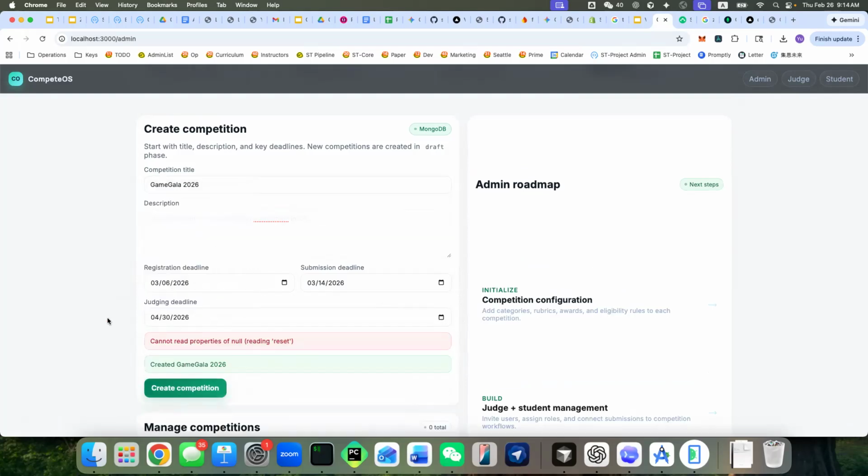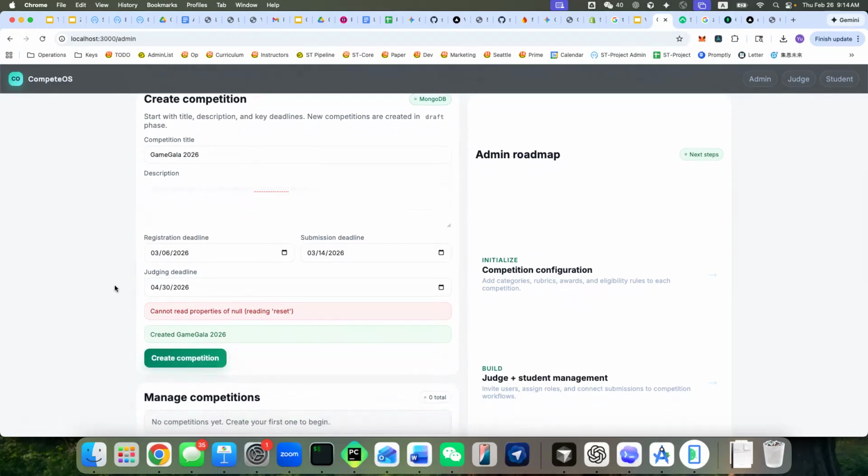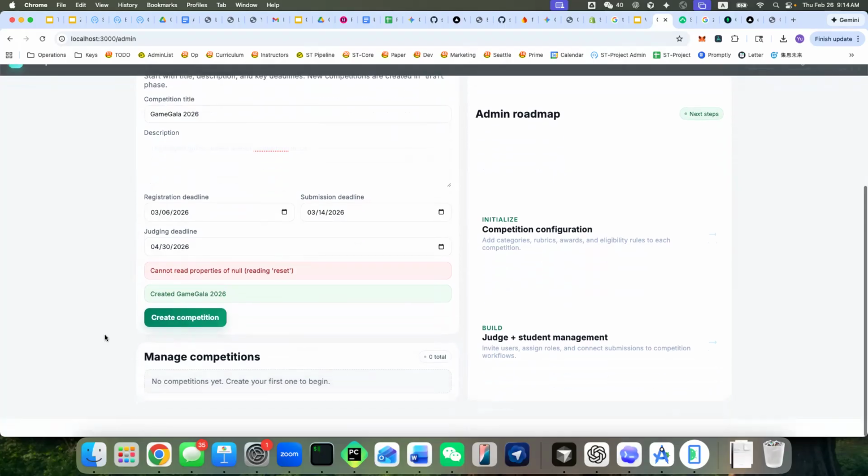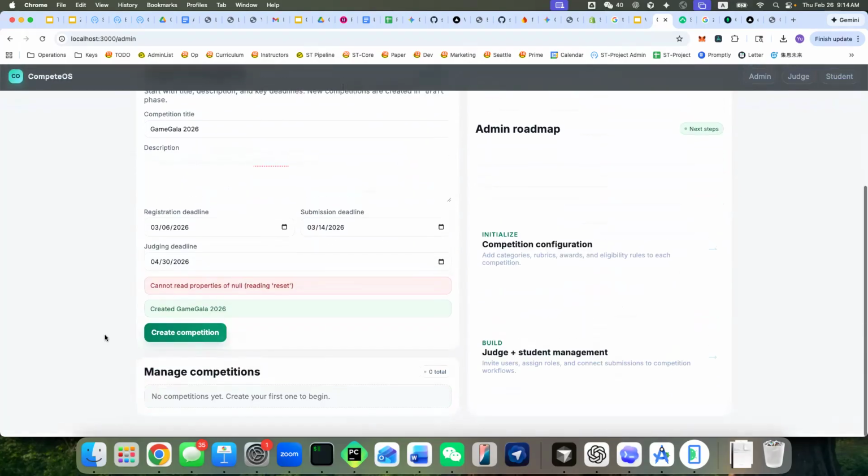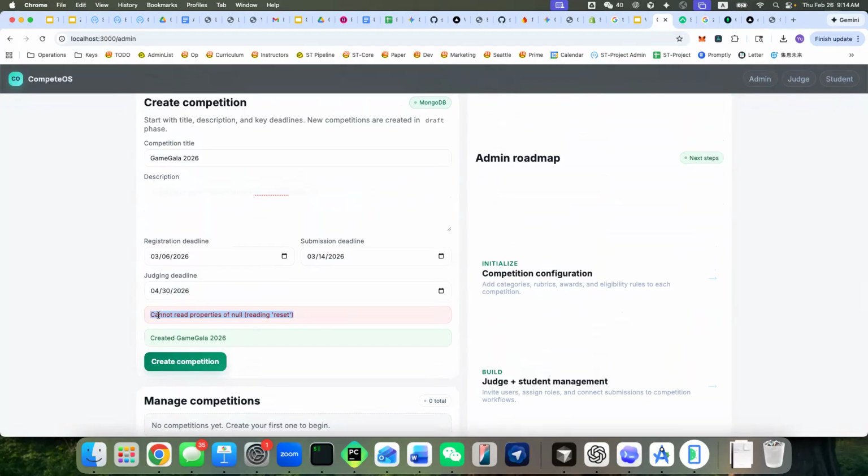All right, let's create. All right, so there's something wrong. As we create, it says cannot read property of null reading reset. Okay, and then here it said created. So again, something's wrong. All right, so whenever you see that, let's just get error messages